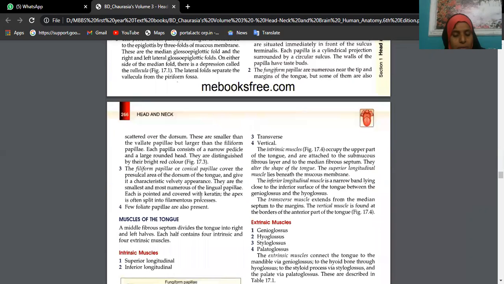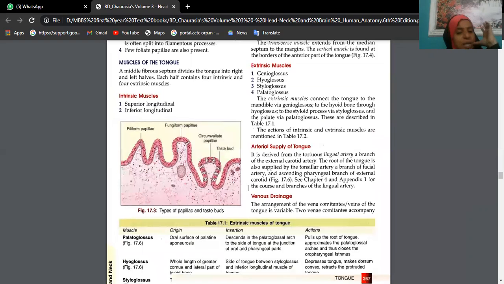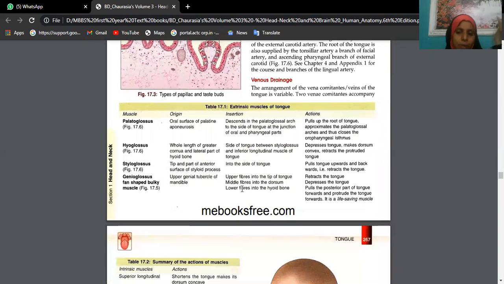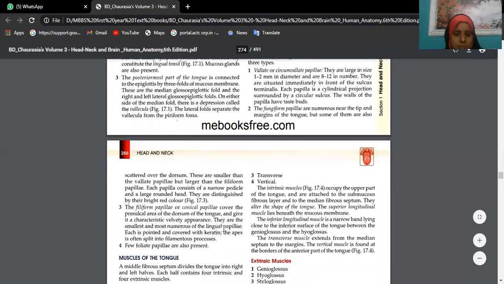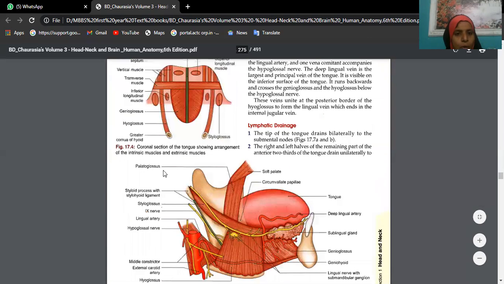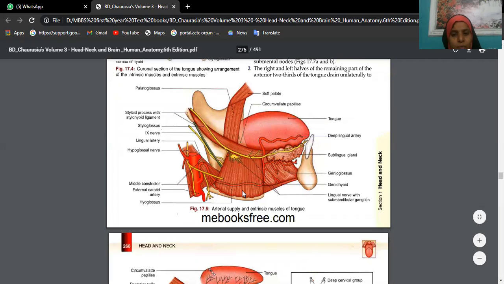Now, these are the gross features. In fact, when he is asking gross features, you need not talk about the muscles because already your paper is lengthy, beta. Extrinsic and intrinsic muscles he has not asked. But anyhow, in another question it may be asked. Intrinsic means within the tongue they start and they end. You call them intrinsic muscles. We have superior and inferior longitudinal muscles and transverse muscles.